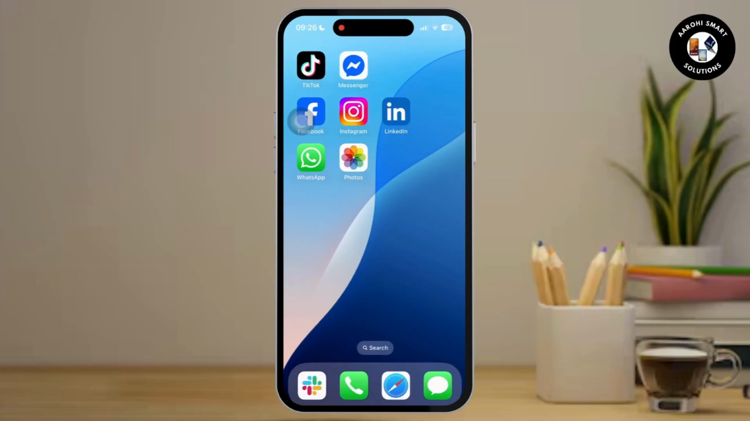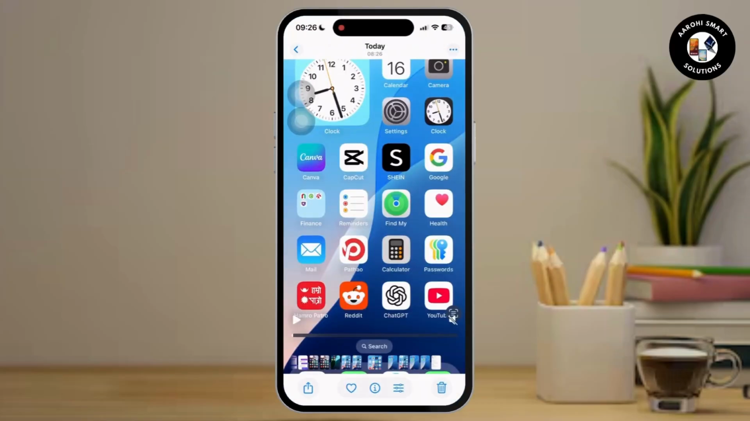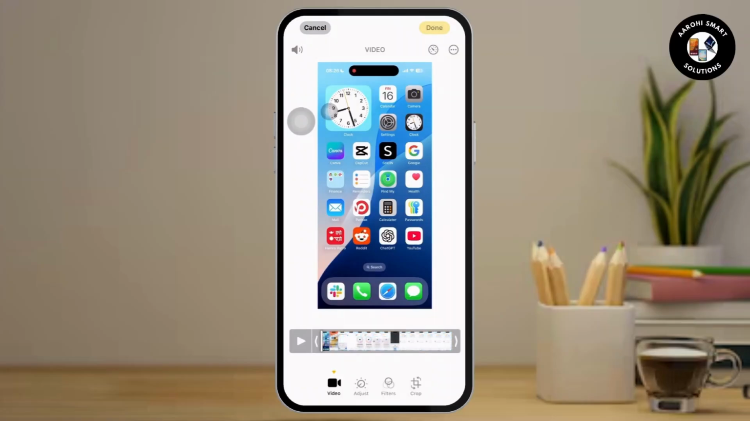So first of all, open the Photos app on your mobile device and find and tap the video you want to crop. Now, once inside the video, all you have to do is tap on the three dashboard at the bottom tab. You can see there is a three dashboard right next to the delete icon. Tap on it. Then tap on the crop icon, which looks like a square with arrows